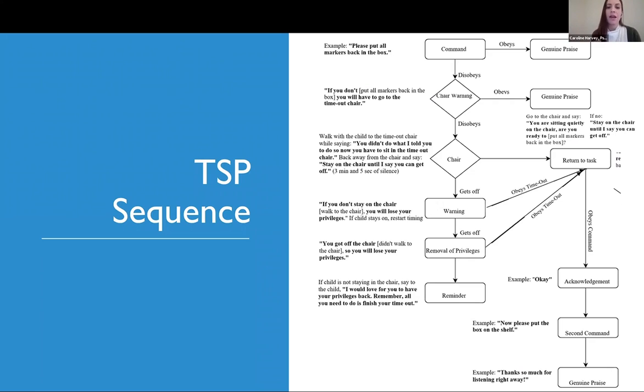And then as the child might request their privileges back by the end of the day, you're just going to use that robot voice that Cheryl McNeil spoke about at the conference. I would love for you to have your privileges back. Remember, all you need to do is finish your timeout. Otherwise, the rest of the timeout is the same as you guys know.